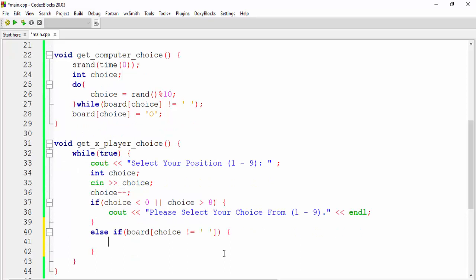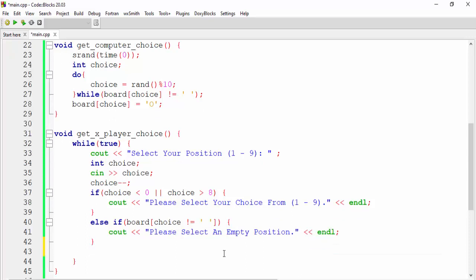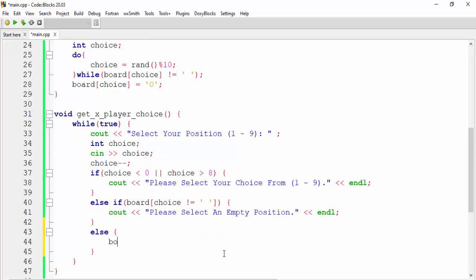So if the position is not available, then we'll say cout please select an empty position and endline.